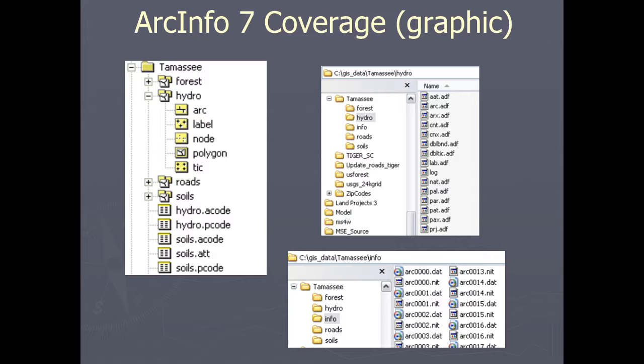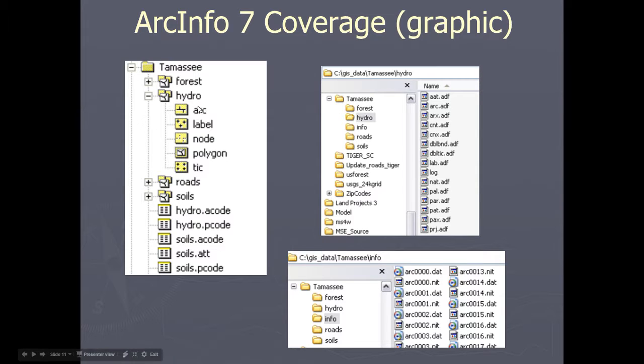With ArcGIS Desktop, we have a file management tool for our spatial data called ArcCatalog. And in ArcCatalog, a GIS layer like a coverage looks like this. And you can select a polygon and preview it. However, this GIS data format, if you look at it in your File Explorer, what used to be called Windows